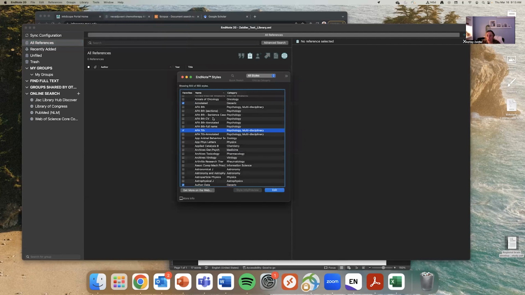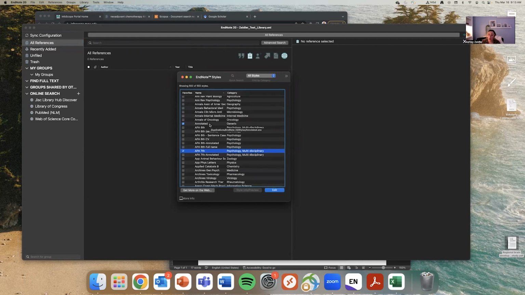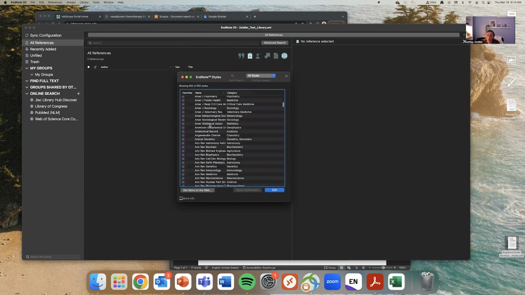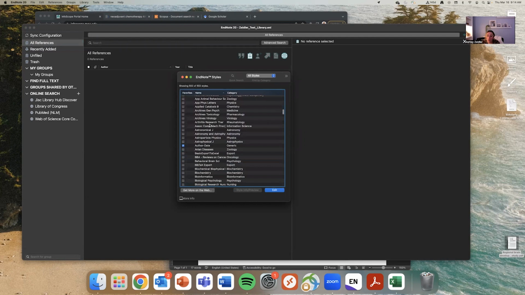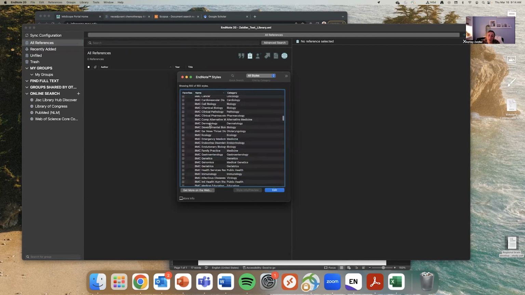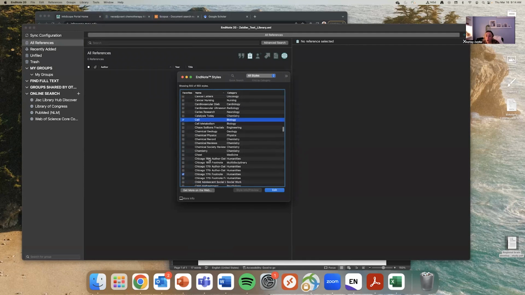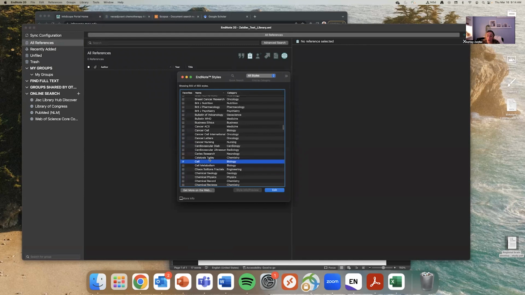So here I have all of the EndNote styles that are included within my EndNote instance right now. And you'll see there are over 500, and they're all listed alphabetically. So I can go through, see if my styles on here that I need to add. Maybe you're publishing within Cell, you want to turn that on so that it's always easily accessible. But maybe you're not finding your style here, or maybe you're publishing with someone that is using APA